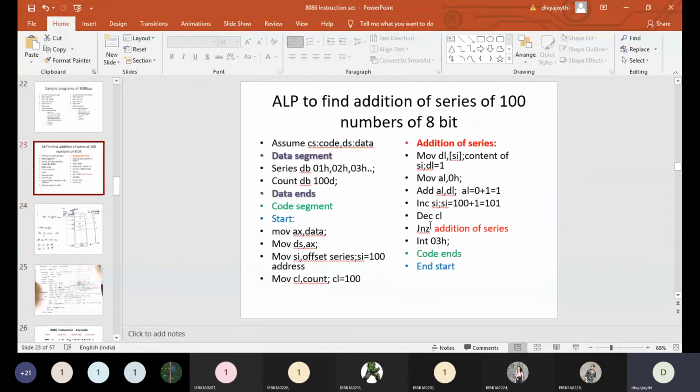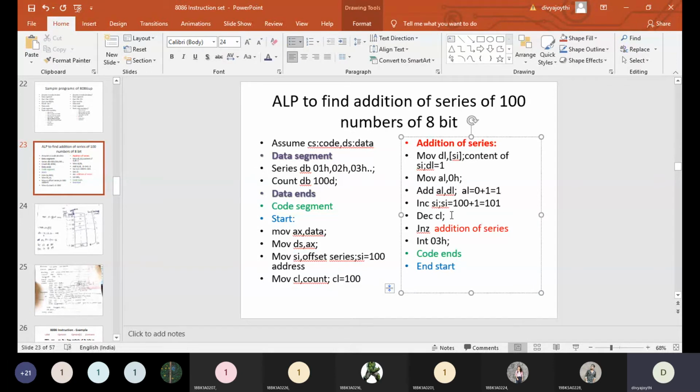And what is the next statement? Decrement CL. What does CL contain? CL is containing 100. So now I'm decrementing. After the execution of this, CL will have 100 minus 1, that is equal to 99. Please try to understand this. SI has been incremented and CL has been decremented. After incrementing SI, SI will be storing an address location of 101 and CL will have a count